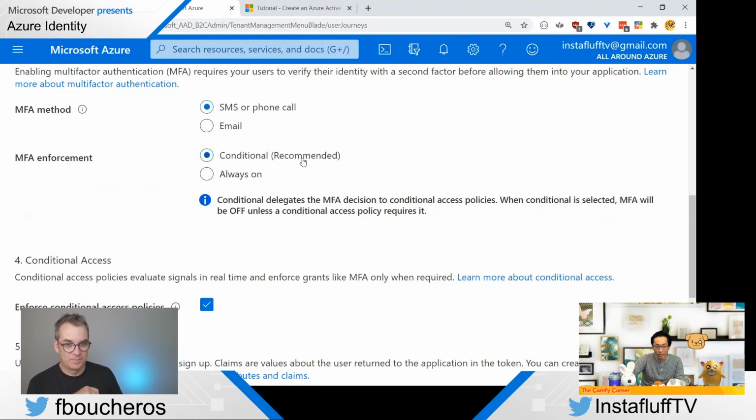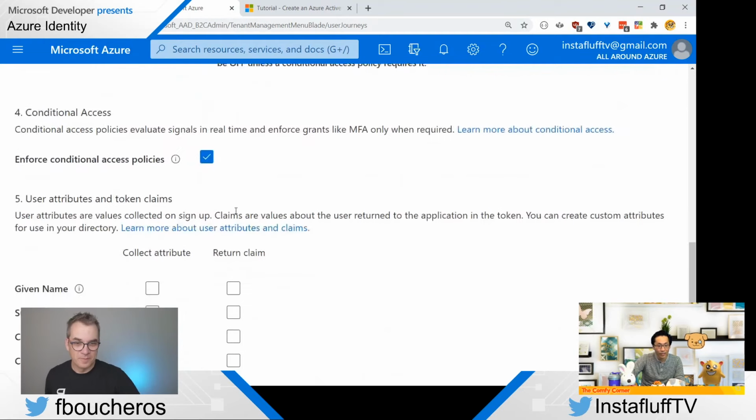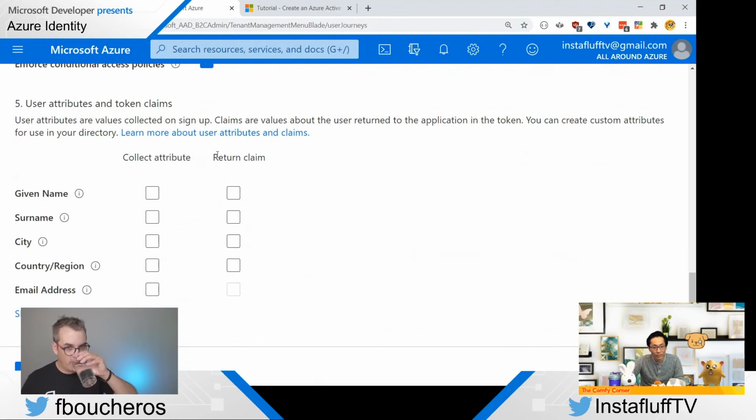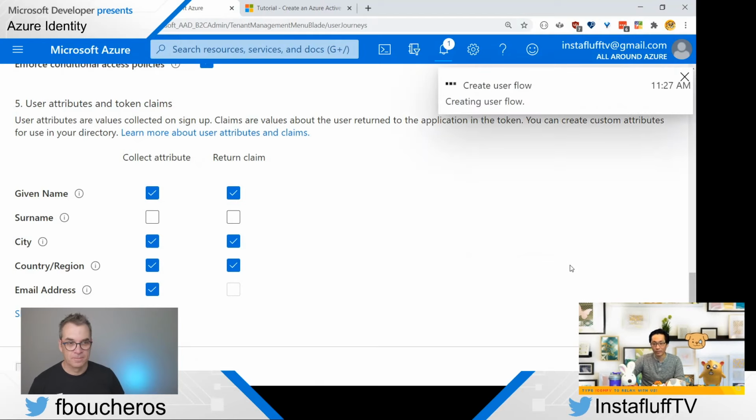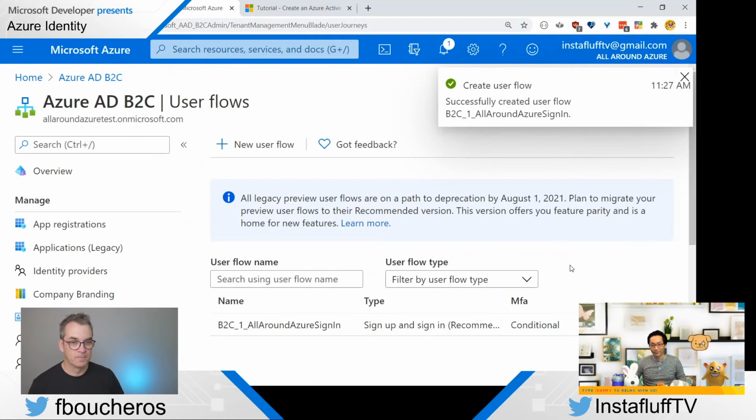It's recommended. And then the attributes that we want to collect are given name and maybe the city. We can return these, and the country. Email address is probably fine. All right, and then we could create. Just look at that. It finished.